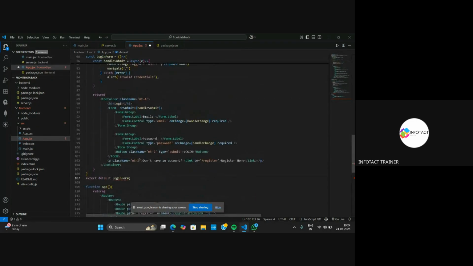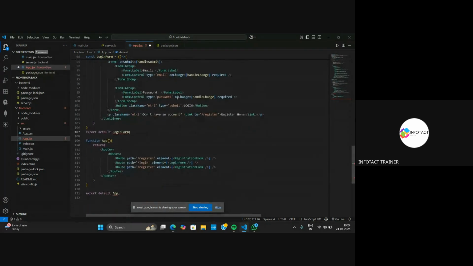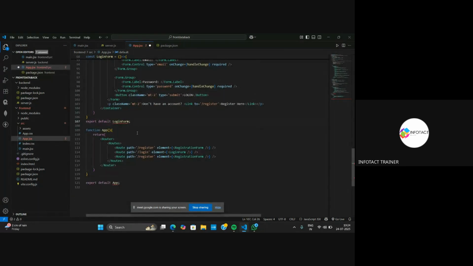Okay. So, we are actually using the login form inside the same page. That is why we do not need to write this export default. If we were making some different page like the LoginForm.jsx, at that moment we had to write this statement, that is export default login. Right. So for now it's okay. But keep in mind that whenever you are making a different page, at that moment you have to write the statement